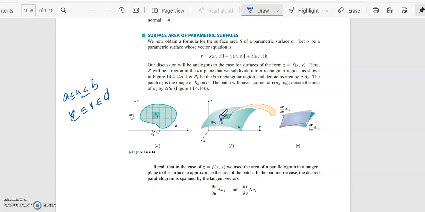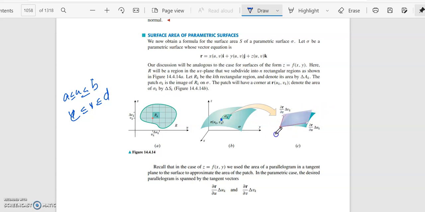So we will find the normal vector. Using the normal vector and this point x0, y0, z0, we can obtain the tangent plane. This is the patch called sigma k that we have shown, and that is what you see below, then in the plane above that is your tangent plane. So we are going to approximate the area of sigma k by using the tangent plane.